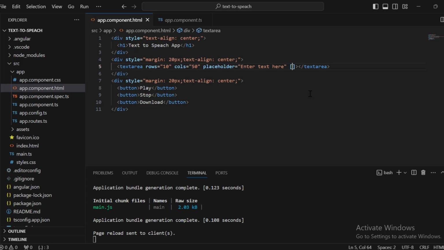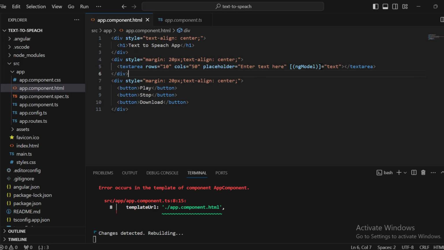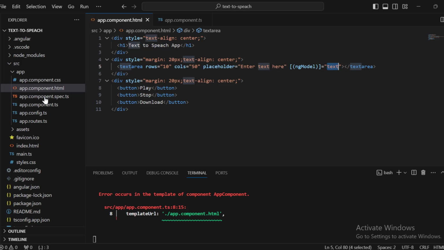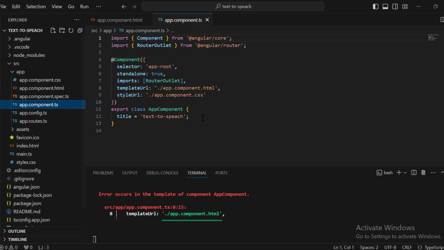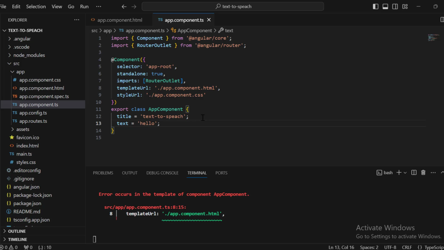use ngModel, and in this ngModel equal to, let's say text, right? So whatever text you get here, it should go here. So I'll create another variable here, and I will put text. So initially if I say hello, right? So this hello should come inside that, but you can see we are getting an error, and we are getting the error